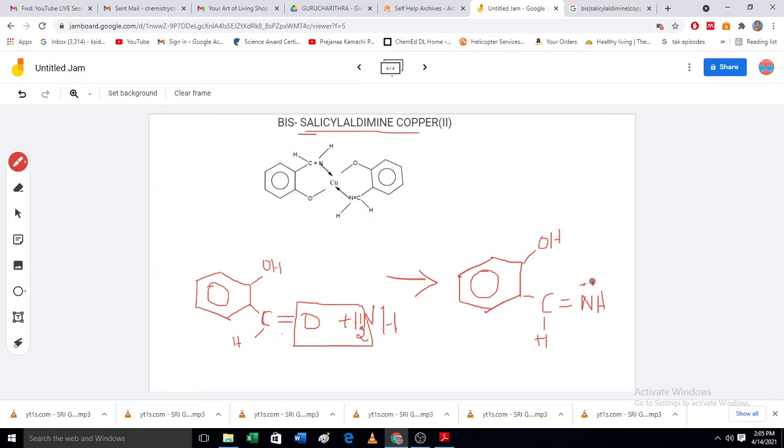Here you have the lone pair and this acts as a ligand. So you are synthesizing two such aldimines, and this reacts with copper to form a complex like this, right? I think now you'll be able to understand. This is the aldimine unit 1 and this is the aldimine unit 2. Right. So in this case it is in a trans form. It can be even in the cis form. So what happens, you have this complex.